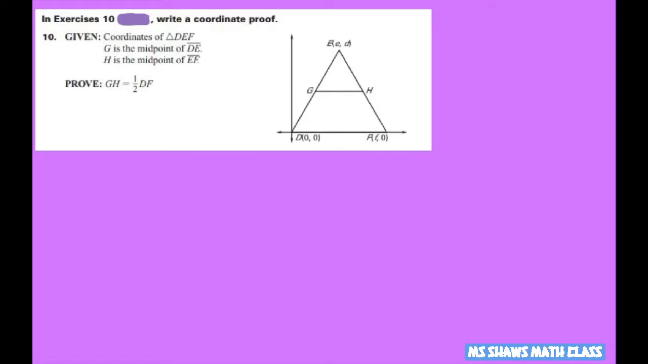Hi everyone. We're going to write a coordinate proof and prove that this mid-segment here, GH, is 1/2 of the base of the triangle here, DF. And we're going to write a coordinate proof, which means we have to use the distance formula and the midpoint formula. So first thing I want to do is find the midpoint